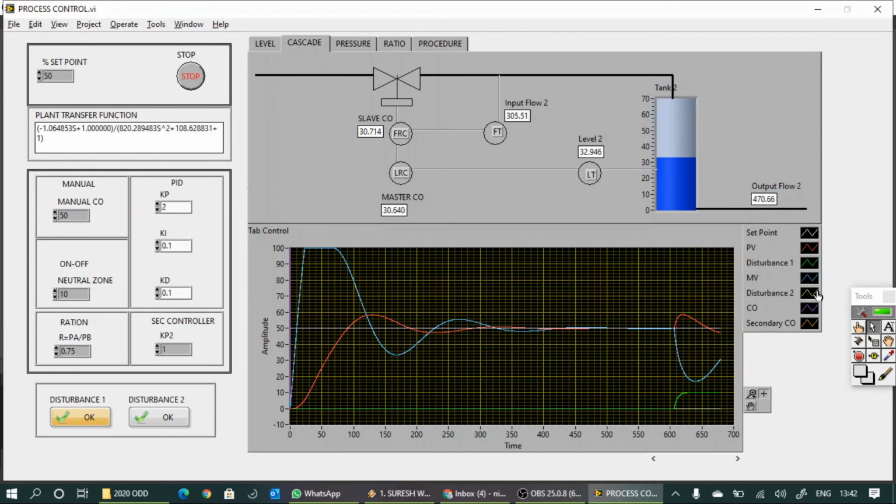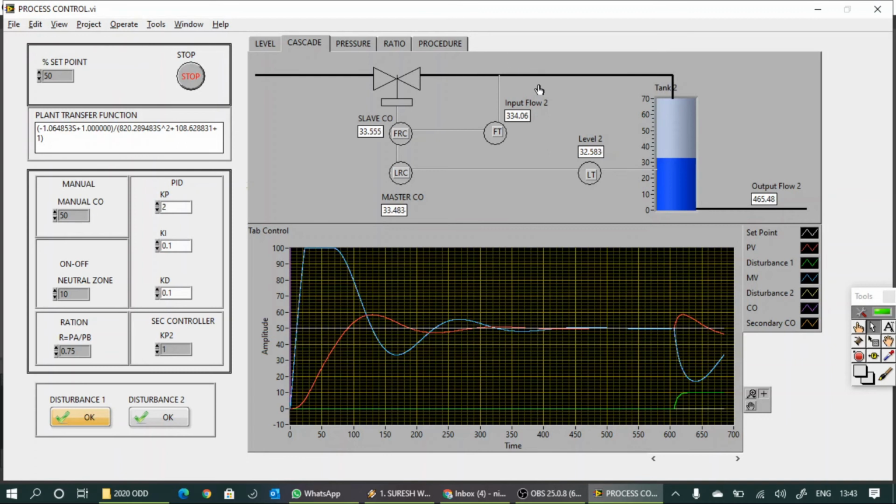But you can see that the control output, that color is not seen here. Why? Because this is the control output, that is this one, okay, and this is the secondary control output, that one is also not seen, that is this value. This is almost the same because the manipulating variable is not affected.